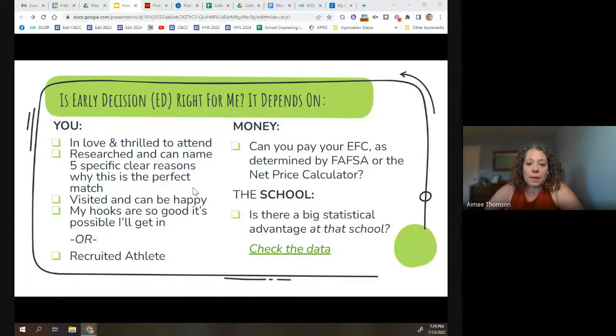And especially with more selective schools, where I see students really wanting to apply early decision, sometimes they haven't visited. Sometimes the reasons are because it's a good school, because it's highly ranked. Those are not specific and clear reasons. And I'll tell you, when students have that kind of superficial level of knowledge about a school, it's super obvious on the application.